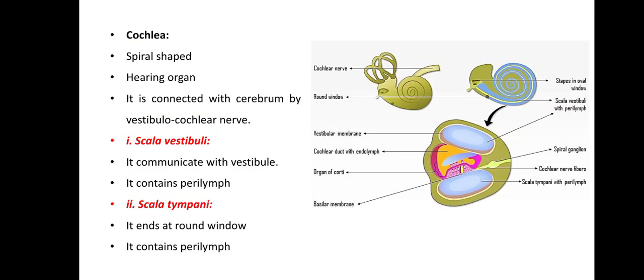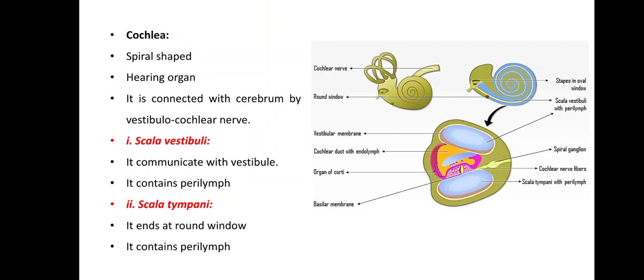Now look at this figure. In this figure you can see three different figures. In the left upper figure you can see the total inner ear of the mammalian ear. Three semicircular canals are there and one spirally coiled cochlea is there. Now in the upper second figure, the right side figure, the bluish color part and the yellowish color canal are also shown here, and this figure is actually depicting the internal membranous labyrinth.